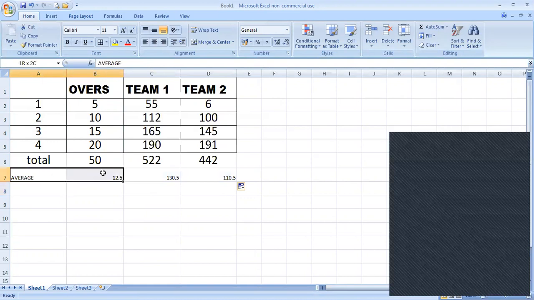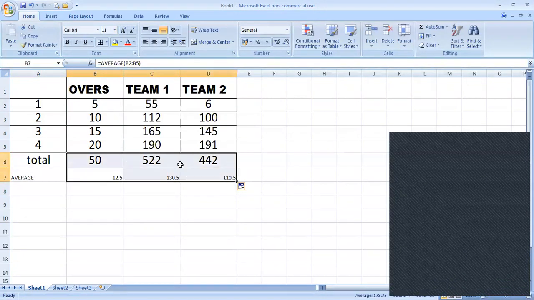Now we will find the next one. I'm just changing its size for your convenience so you can see it easily. Otherwise, we can format the table at the end when we complete it.